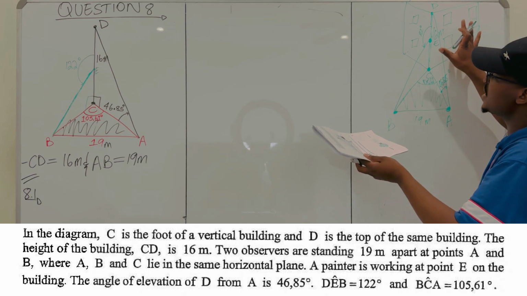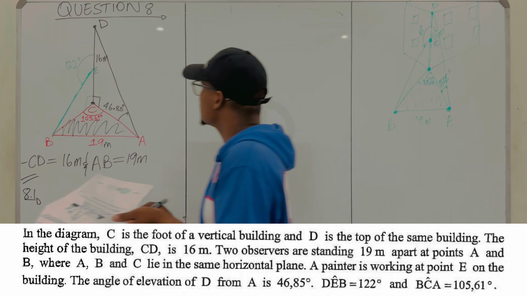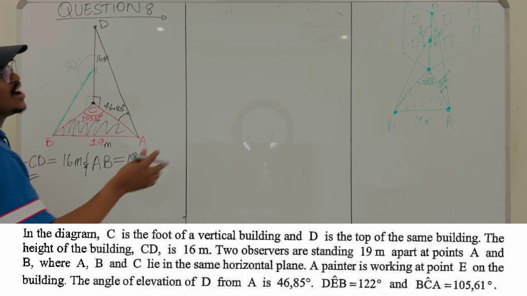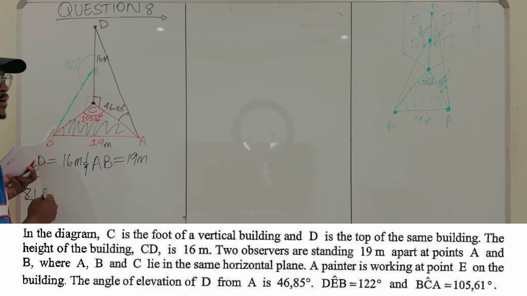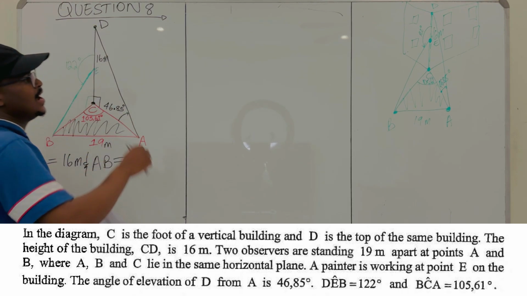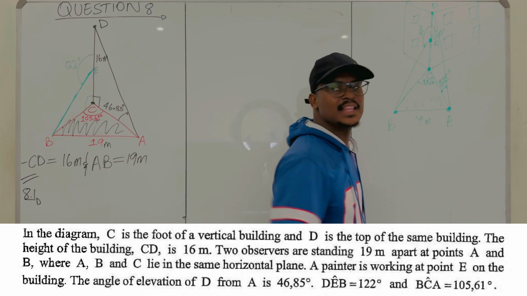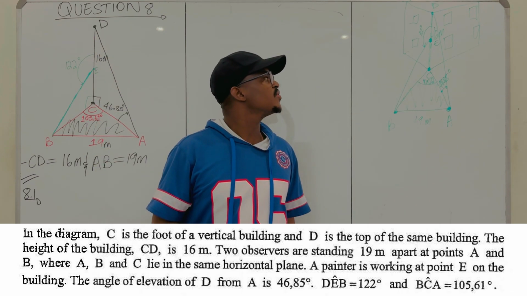I think I've just redrawn that. So I was trying to give a clear view. Maybe I should have just drawn it once. So this is the situation that we have here. But what I've done, I've just removed the building and only left the triangles only. I removed all the buildings, and then I've just drawn the triangles only. So I'm going to work with this because I don't want to be having a lot of things with buildings